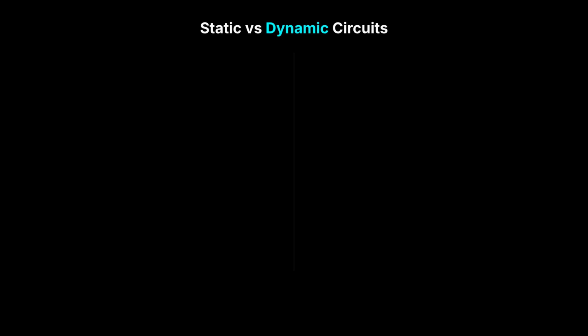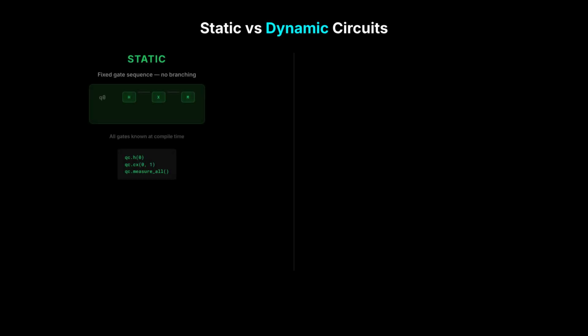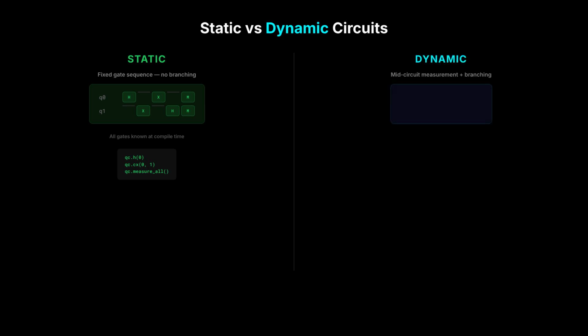In quantum programming, we use things called circuits, and there are two types. There are static circuits and dynamic circuits. Traditional quantum circuits are static. You define the whole circuit first, and then you run it. However, dynamic circuits are more like runtime logic. Measure in the middle, use the result immediately, and condition later operations on that result. This is the closest thing quantum hardware has to real-time branching during execution.